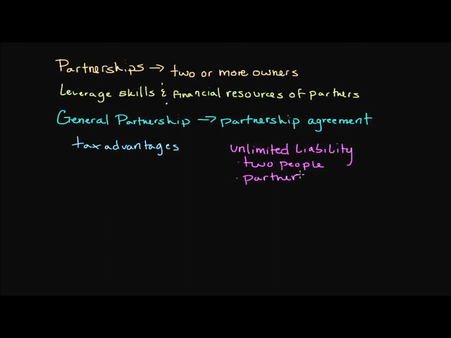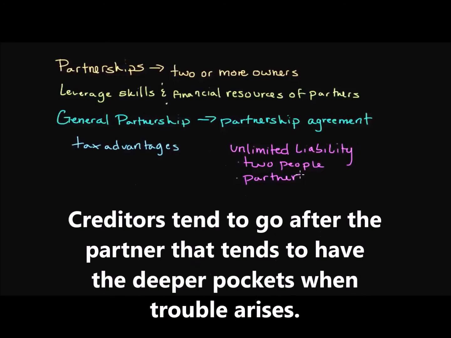And so if they go and bind the business to certain agreements and contracts, and unfortunately your business can't operate, well, creditors have the opportunity to pick whom. It's called joint and several liability. And so what happens is creditors are going to pursue the individual that has the most financial resources. And if that ends up being you,